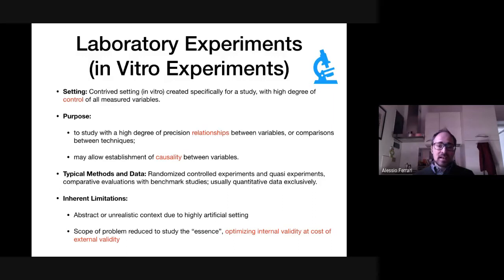Typical methods of data here is the randomized controlled experiment, and normally we use quantitative data. The limitation is that it is artificial, so I focus on very specific variables, but I'm not representing the reality in which many variables interfere. For example, in the example of